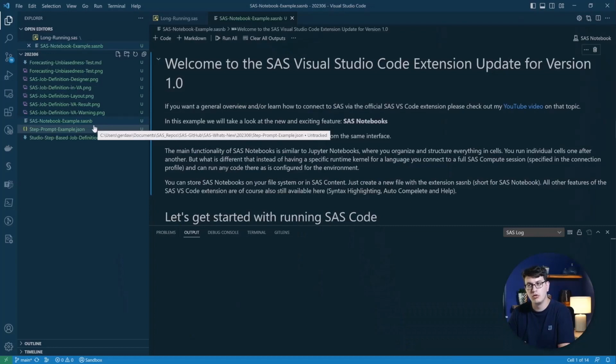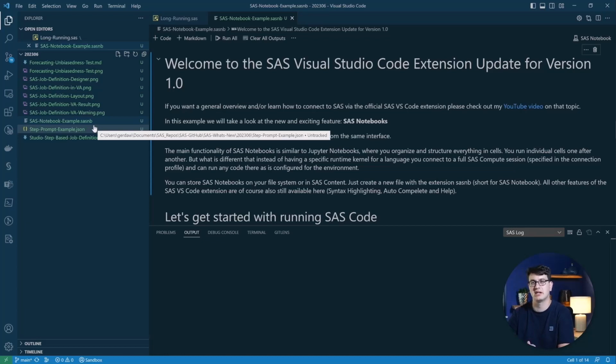The coolest new feature that has been introduced in this release, in my opinion, is the ability for us to generate SAS notebooks. These are similar to Jupyter notebooks, where you have a kernel in the background that executes your code for you, and you can organize your code into different cells, combine it with Markdown to have some nice visual documentation that can also run, of course, and save the runtime results into the same file.